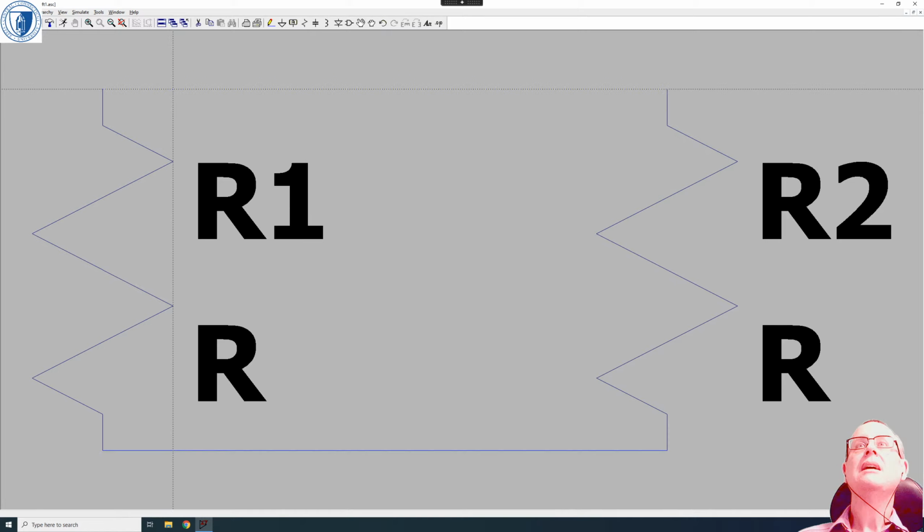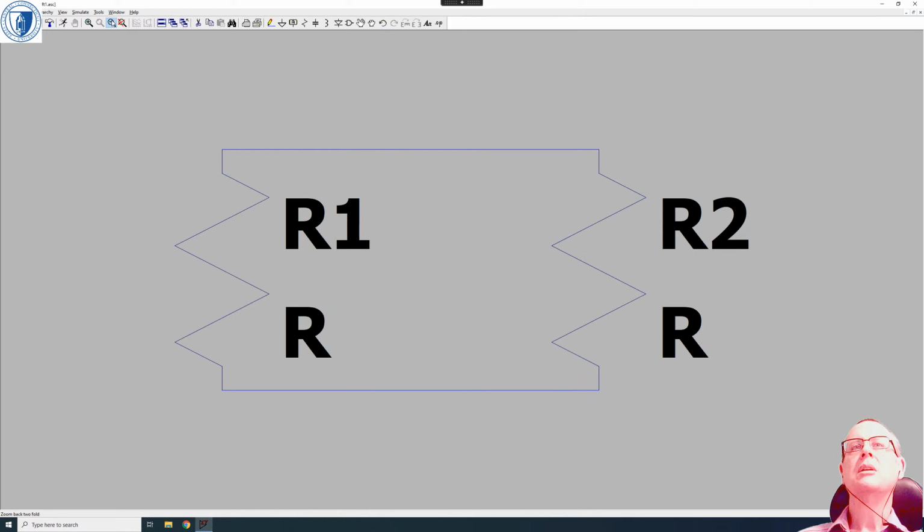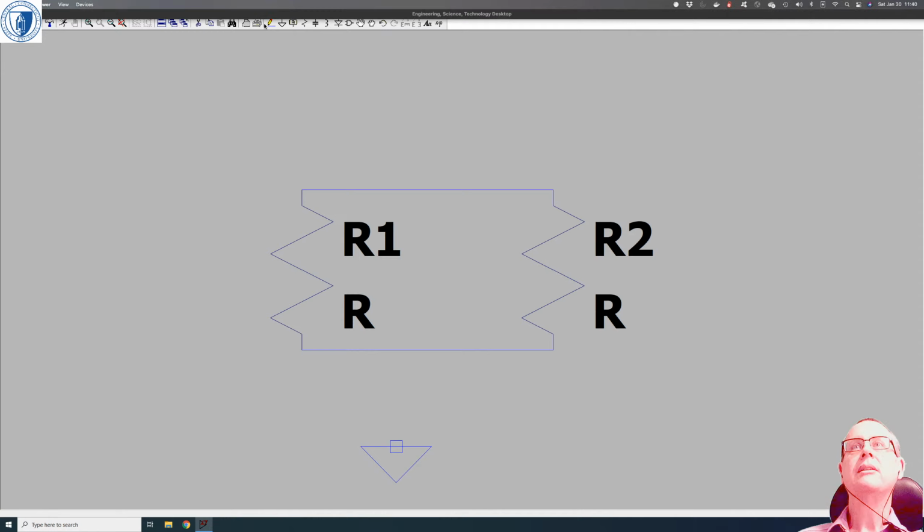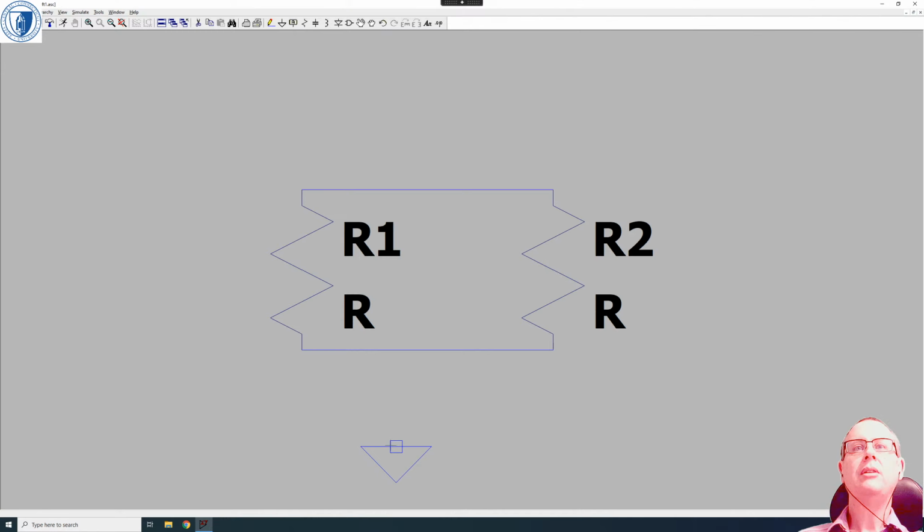Okay, and then we also have the ability to, we need to connect to ground up, maybe. Let's just go out a bit so we've got some room, we'll connect to ground up. LT Spice always requires that you connect to ground up. So if your circuit doesn't work, it's possibly because there's no ground connected up.